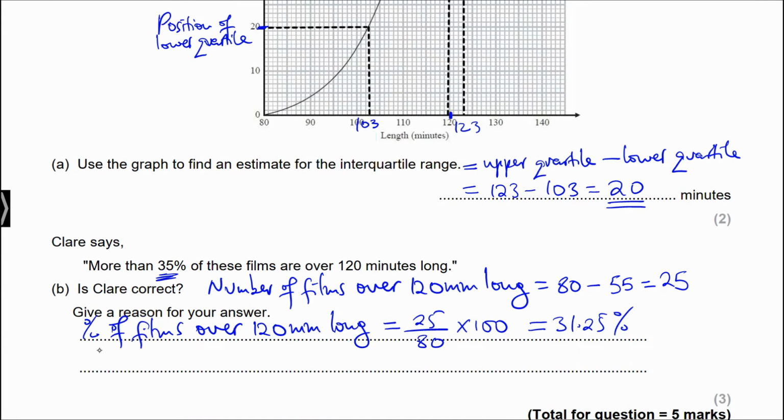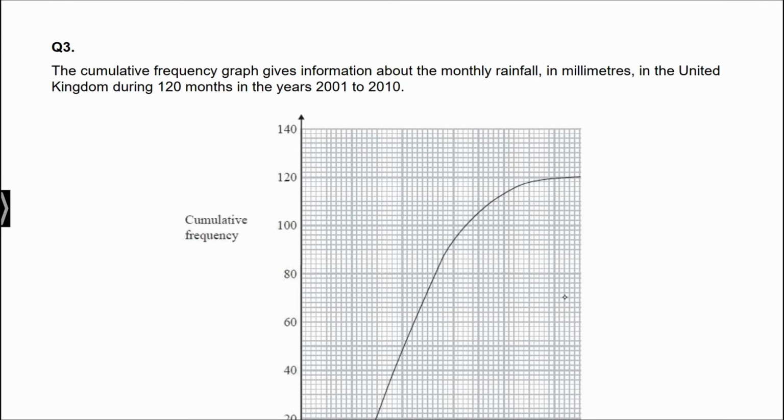So we can say that Claire is incorrect. Claire is not correct, okay, because of the reasons that are provided there. Okay, number 3,